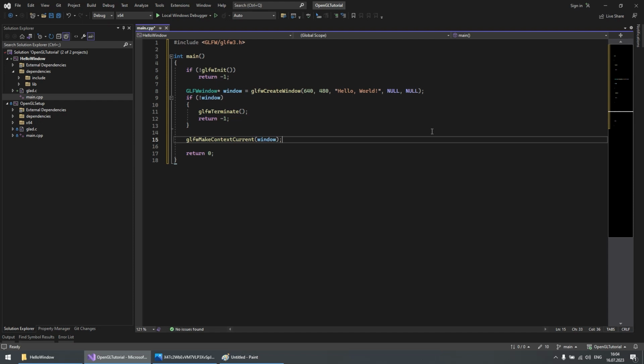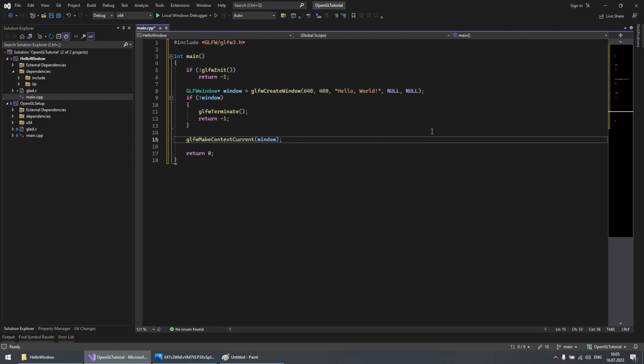Well, making the window's context current is an essential step when working with OpenGL. It establishes a connection between the current window and the OpenGL rendering context. In OpenGL, a rendering context is a state machine that stores all necessary information and resources required for rendering graphics. This includes things like shaders, textures, buffers, and other OpenGL objects.